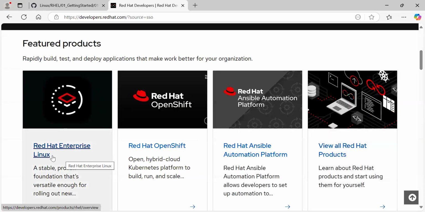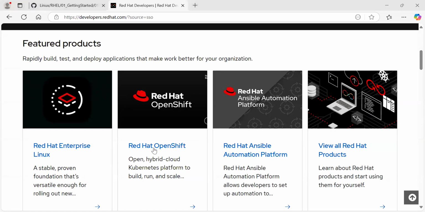In the next lecture, I will show you how you can download the Red Hat Enterprise Linux ISO file so that we can install it on our virtualization software like VirtualBox or VM Workstation. We will be using VirtualBox, okay, in this training, but you can install it on the